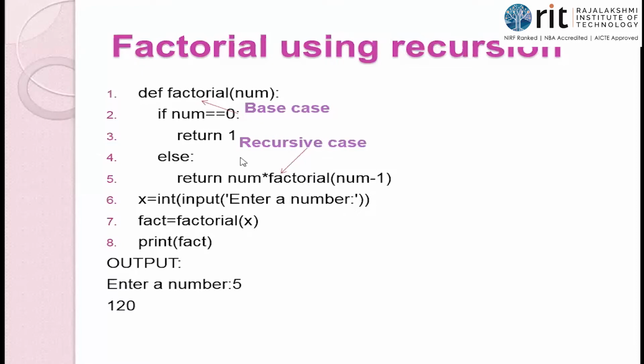So how many times will this be repeated? As long as the condition is true. If num is 0, return 1, else part, it keeps on repeating itself. When it keeps on repeating itself, I will get all those answers. First time, in the iteration, 5 into factorial of 4 comes. Then when the factorial of 4 is called, in the else part, 4 into factorial of 3 comes. I'll show the logic in the next slide. This keeps on repeating. When num becomes 0, I will return 1. And the return 1 goes back to where the function call was made, and finally I'll get the answer 120. I'll show the logic now.